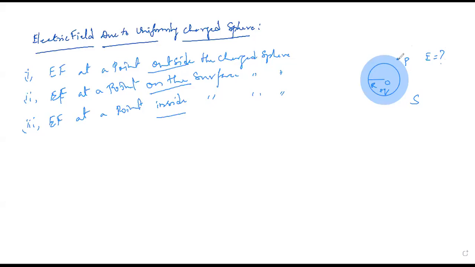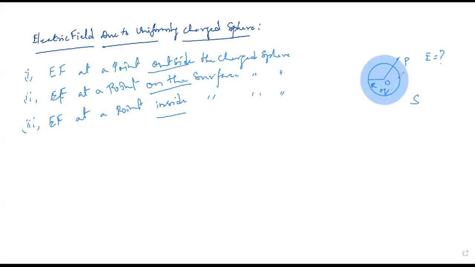Now, you tell me, does this point lie outside the sphere or not? What does this other circle show here? Here I'm assuming a Gaussian surface, because with the help of Gauss law we are going to derive this. So I am assuming a Gaussian surface at this particular point, with radius from the center of the sphere taken as some small r, other than the capital R. From here to here, this should be smaller.